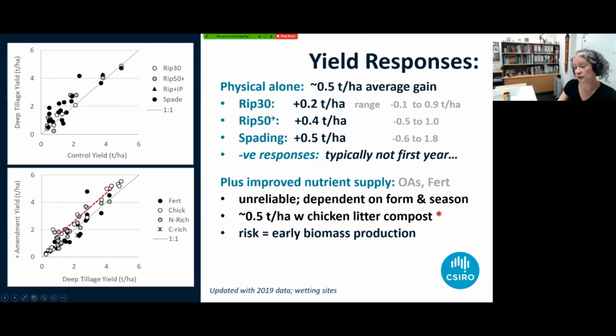On the whole, although results are fairly variable, perhaps the most reliable results we've seen are around chicken litter. Where we have boosted the nutrition available to the plant, indicated in the red line, we tend to have about another 5 tons per hectare